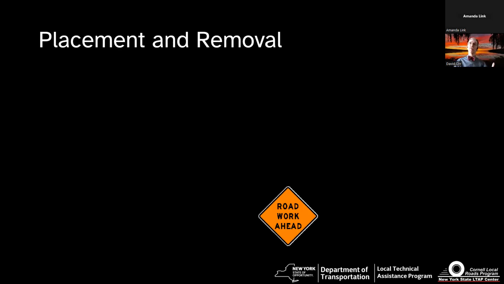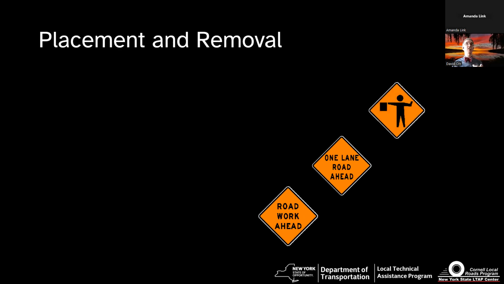And then you put up your first sign, you're not in the road yet. You put up your second sign, you're not in the road yet. You put up your third sign, you're not in the road yet. You put the flaggers in position. The flaggers actually go in position next. Then you put up your cones to delineate the work zone. But you've got your flaggers already stopping traffic, so that those putting the cones in already have those flaggers helping protect and slow things down.